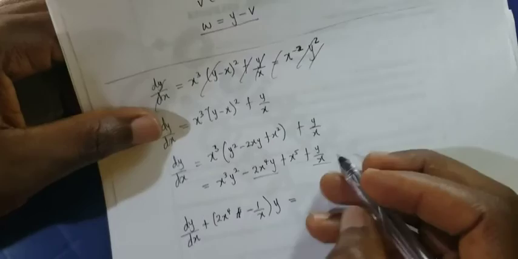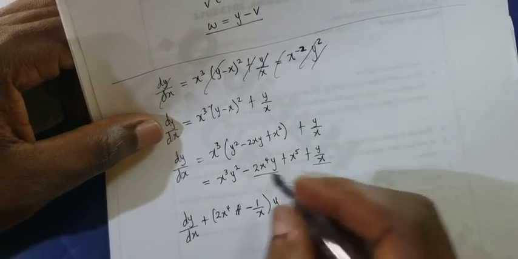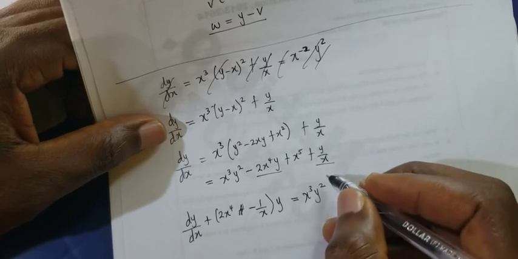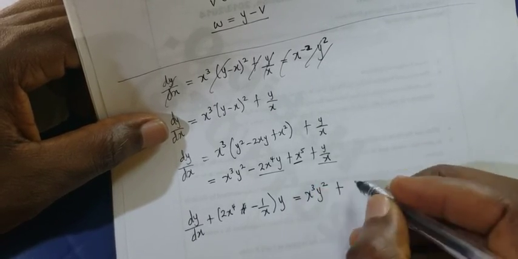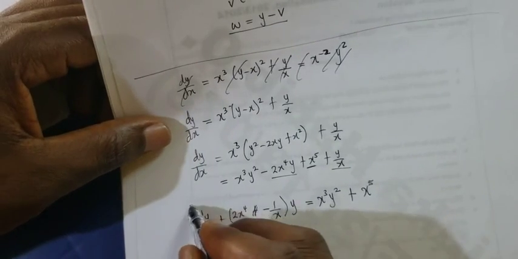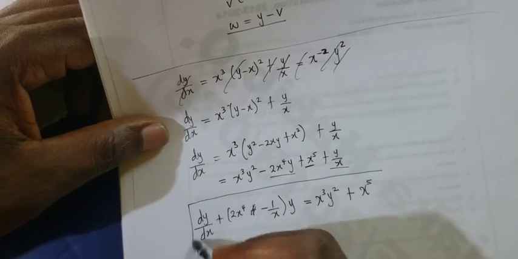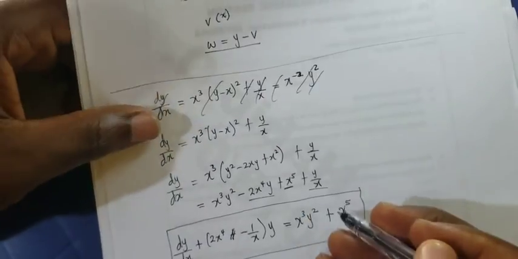The one that carries y squared is x cubed y squared. We always have that, and then some other function that depends only on x, that is plus x to the power 5. So this is obviously a Riccati ODE. If we are to compare with this general form, it is evident that